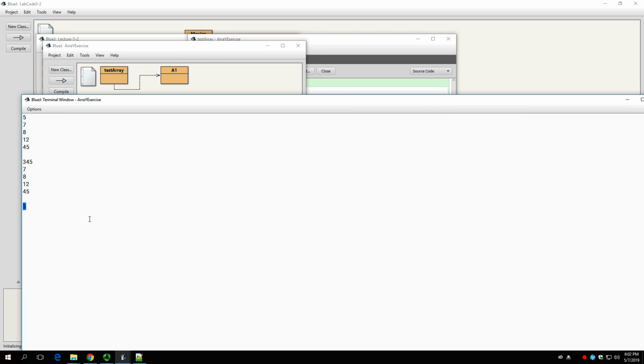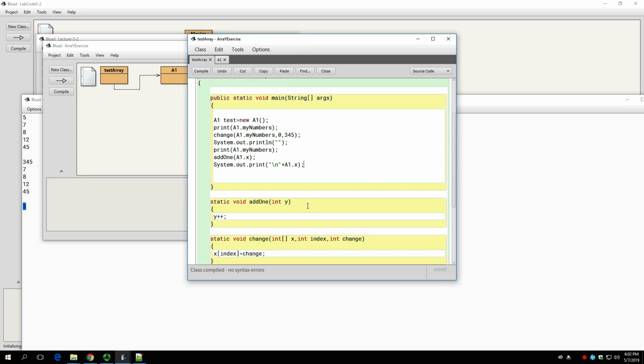It's still 5. Why? Because when you pass an integer to a method, you're passing the value of the integer. So you are putting here, instead of y, you're putting a1.x. It gets it, and in here adds 1 to it. But it doesn't go and change the original thing unless you specifically go and access that thing and actually add